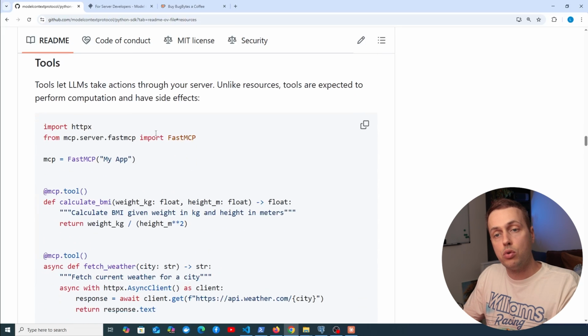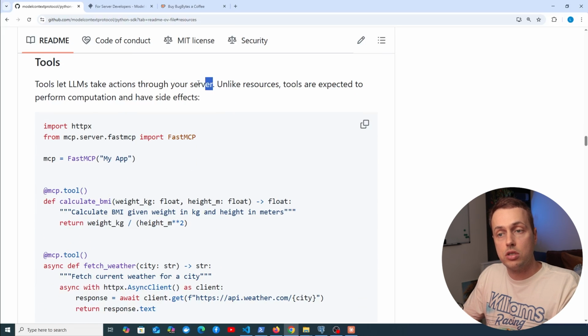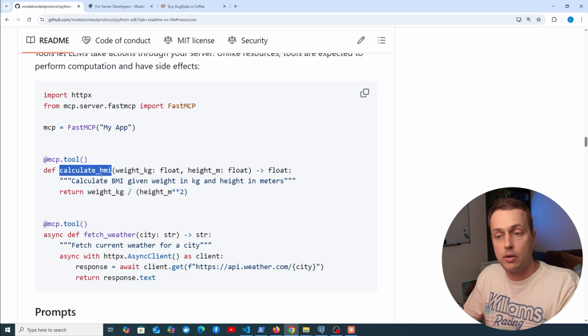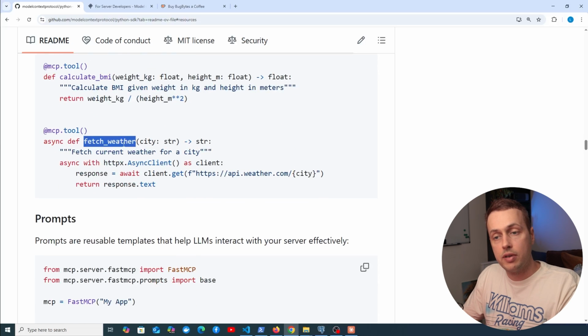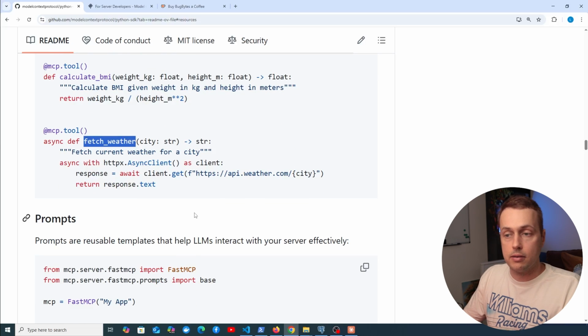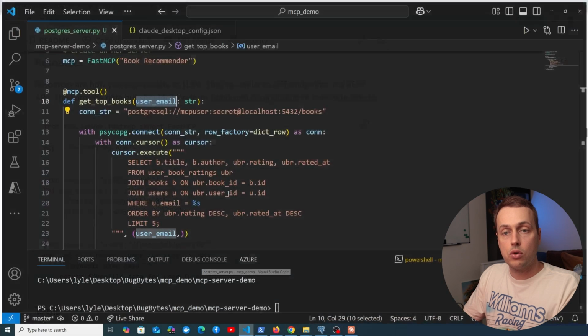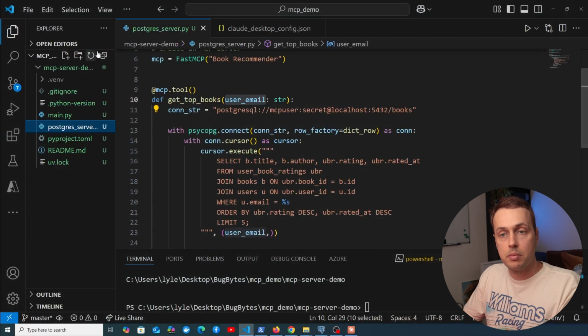And this is as opposed to tools that let you take actions through your server. Tools are expected to perform computation and have side effects. For example, here we have one to calculate the BMI and below to fetch the weather across an API. So resources allow you to get structured and static data from your server and provide that as context to the host and the client. What we're going to do in our application, if we bring back the sidebar here, is